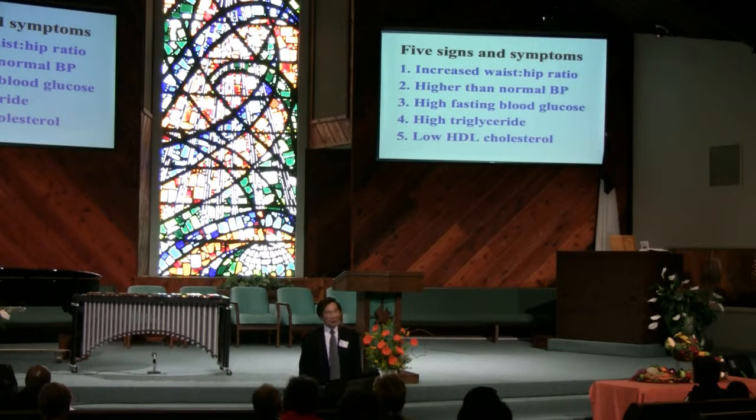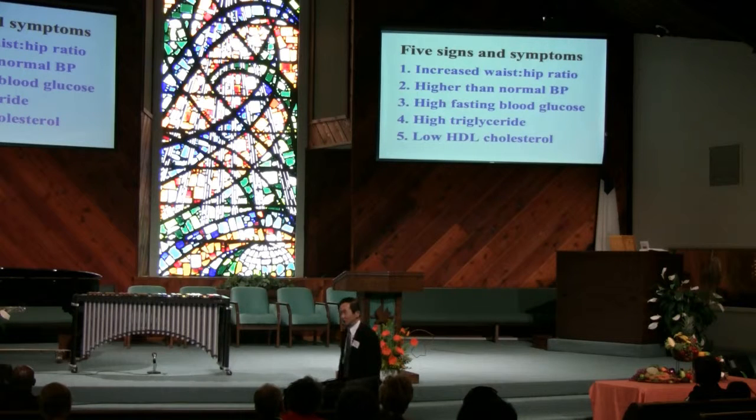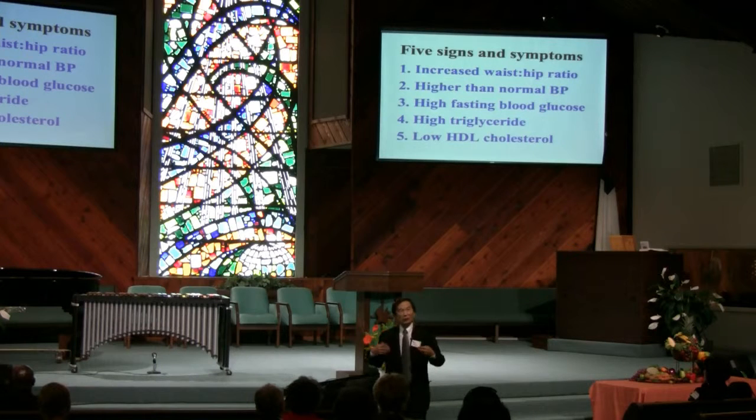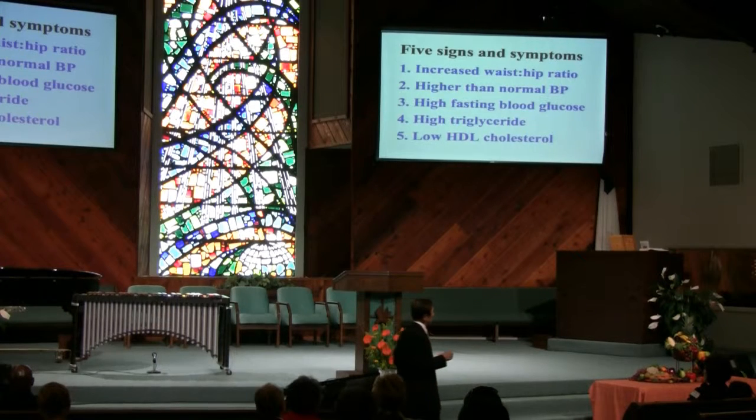Signs will be recognized as having metabolic syndrome. The first sign is increased waist and hip ratio. The second sign is higher than normal blood pressure. The third sign is high fasting blood glucose, or higher than normal fasting blood glucose. Then the fourth one is high triglyceride. And the last one, the fifth one, is low